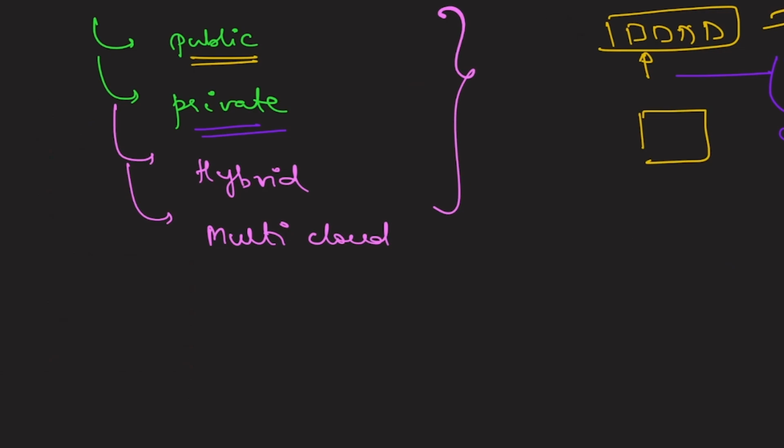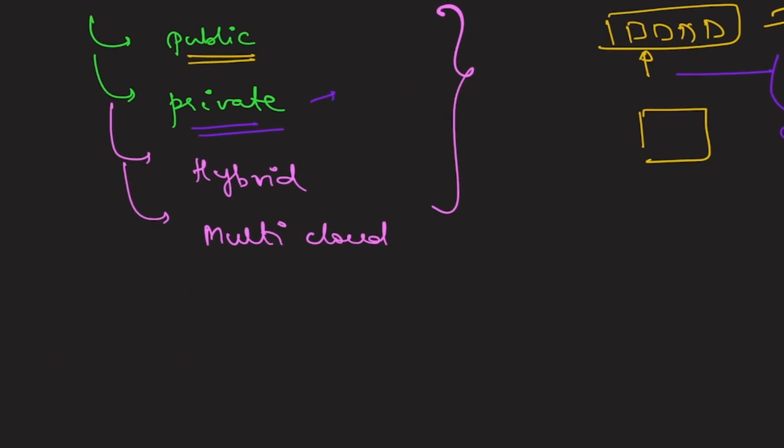Why? Because you are not providing access for public consumption, and when you are doing it publicly, you need something. And what is that? That particular thing is called a firewall. Why? Because we need to provide certain security. So on the cloud, if you're storing some sensitive information related to some organization, you will not expect some outsider to come and access it. So these were the two primary deployment models for the cloud.